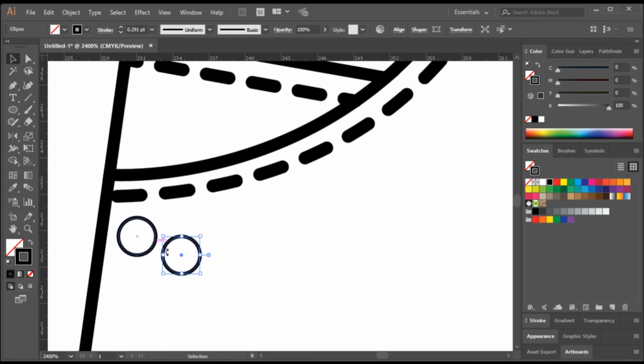So I have two circles on top of each other. I'll reduce the size of the smaller one